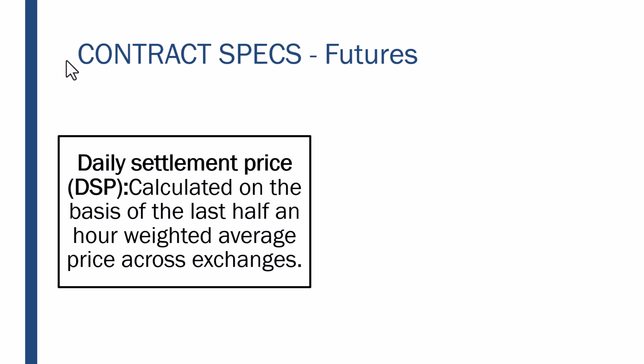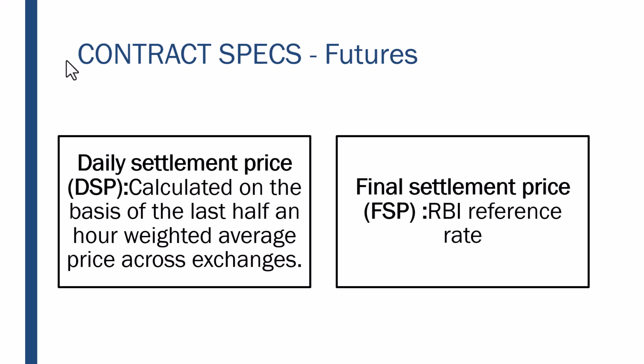The moment the market closes, Nifty closes, Sensex closes, after 1-2 minutes they put the new price, which is the last half an hour average. If the Nifty closes at, say, 19,100 at 3:30, after some time it will come to 19,080 because that was the last half an hour closing price, or it may be 110. If the market has gone very high and closed at 19,100, the closing price will be below that, because that was only the last few seconds. So they will make a half an hour closing. Final settlement will happen with the RBI reference rate.